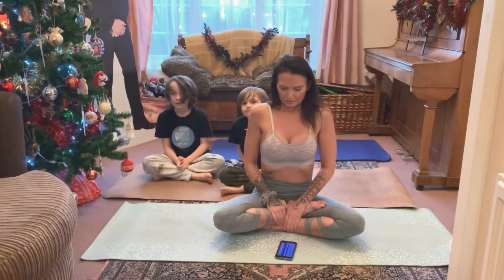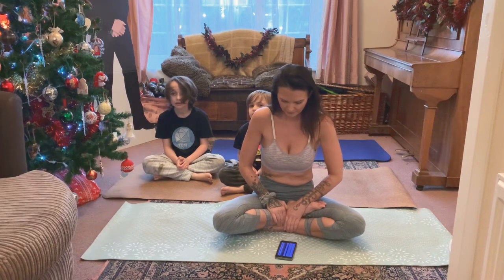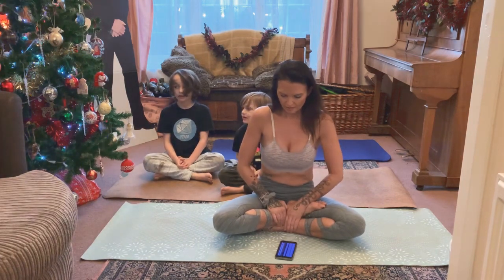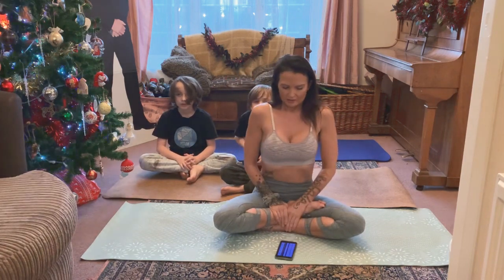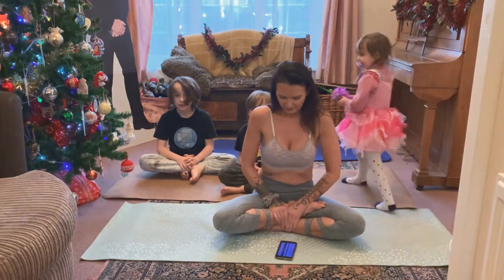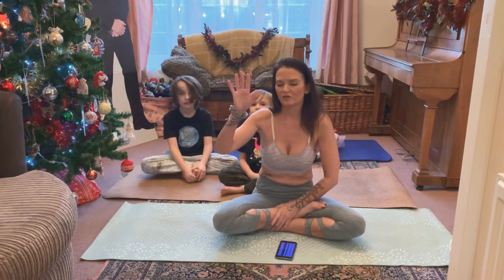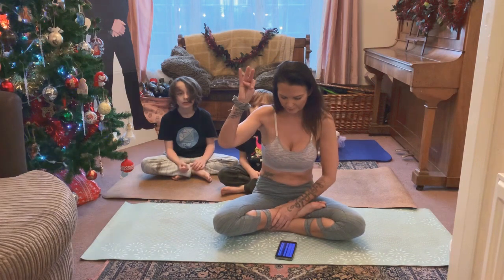Okay, so in and out. In and out. Belly, chest, head, let it go. These are circular breaths, so there's no gap between the in breath and the out breath. Keep going. So you can either do it lying down, 10 more together, or you can do it sitting up, but never do it standing, driving, near water, or operating machinery, because there is a chance with this hyperventilation that you could pass out. 4 more, 3 more,